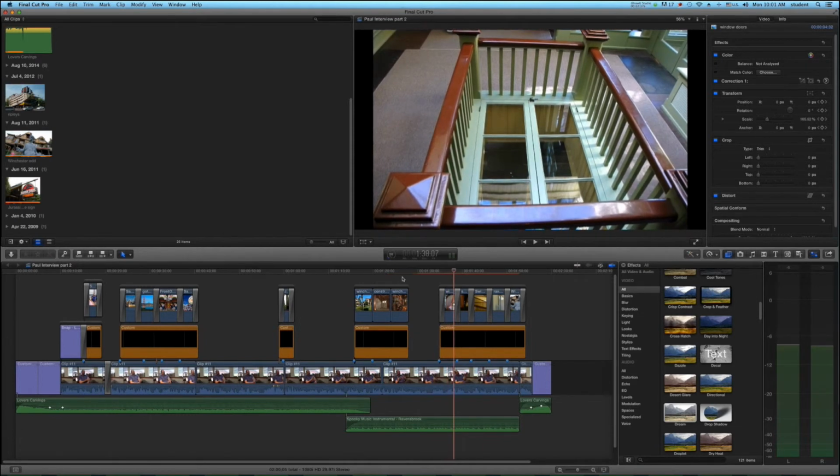Alright, so there's a ton of cool filters, animations, and effects in Final Cut that you can add to your video to make it stand out. But be sure to do these last. It's easy to spend a couple of hours on this part and not even realize it. So make sure your video is essentially done before you jump into these